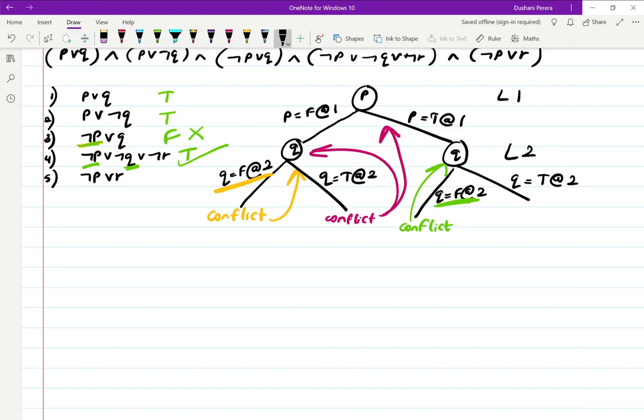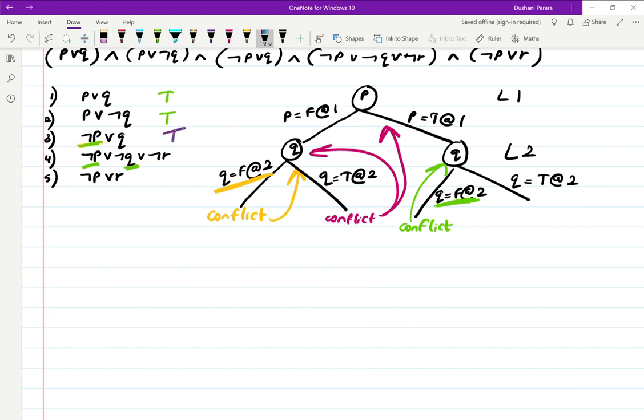Okay, now we have Q is true. If Q is true, now let's erase these two values because now we got rid of the false values for Q and we are assigning true to Q. So the values which we have already put here with respect to the false value of Q should be erased because now we are going ahead with another set of values. Q is true now. So if Q is true, this clause is true,